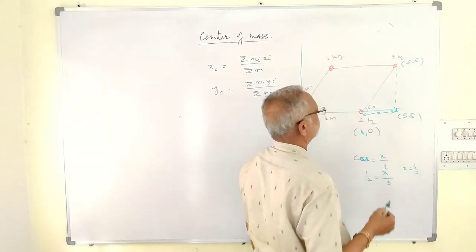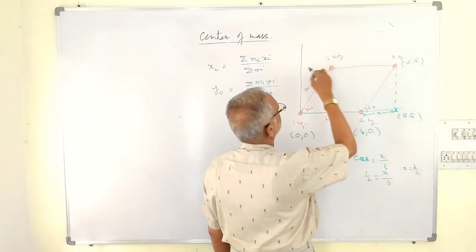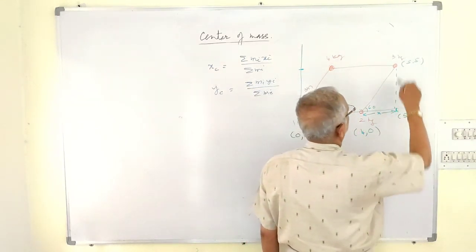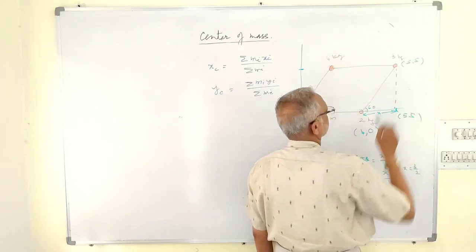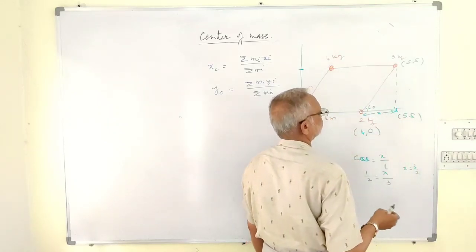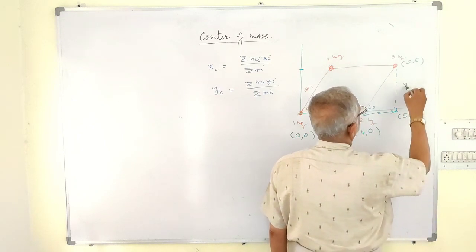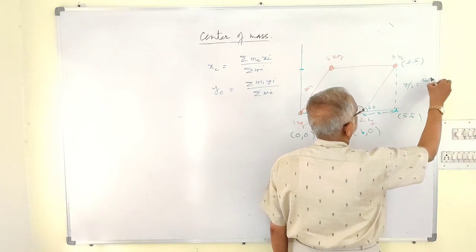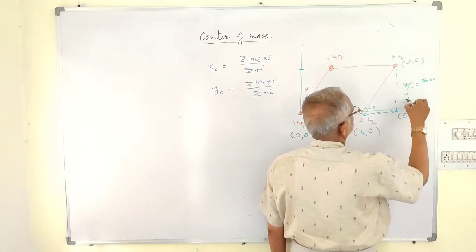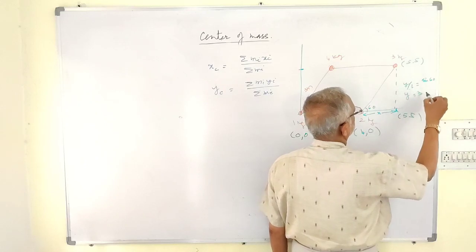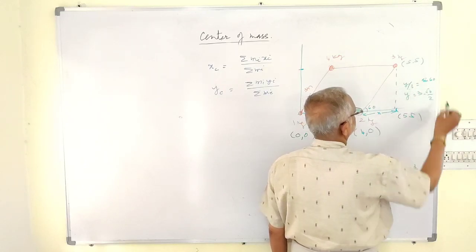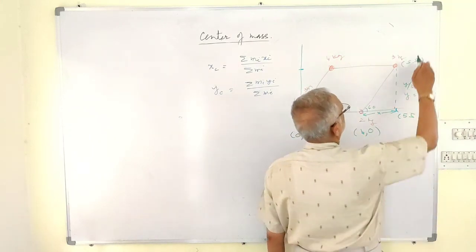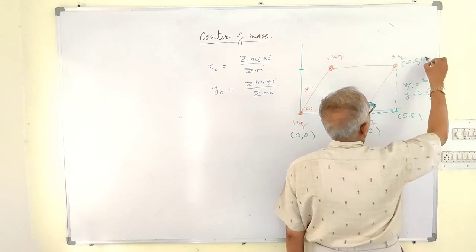What about the y coordinate? Y coordinate will be same for both these bodies, 4 kg and 3 kg. For y coordinate we have to consider this one, opposite side of this right angle triangle. Suppose this is y by L is equal to sin 60. Y is equal to, L is how much? 3, sin 60 is root 3 by 2. So 3 root 3 by 2, or you can write 1.5 root 3.